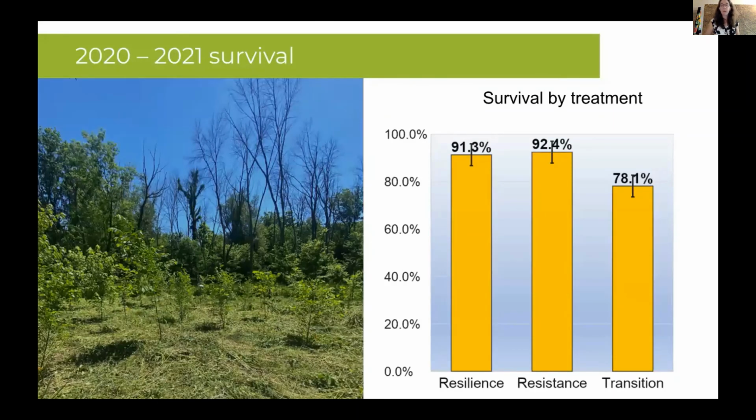Now, we're only a couple years in. We have 2 growing seasons, so these are pretty preliminary results, and I don't have a ton of them. So far, we have quite high survival of our species. Our transition zone has the lowest levels of survival, and that actually grows out of just 2 species that had quite poor survival: the southern source river birch and the tulip poplar, the Liriodendron. Both of those we think are more related to stock than to climate of origin,